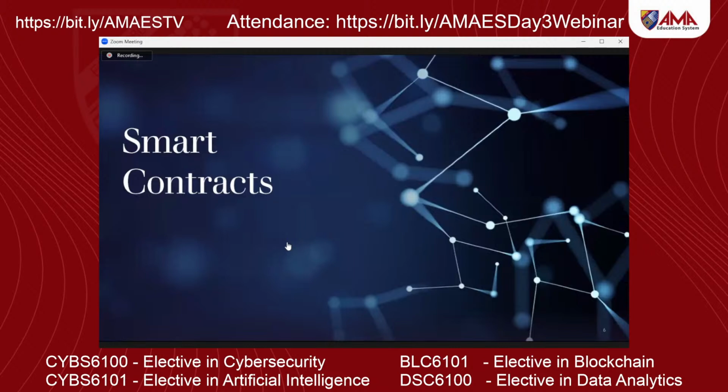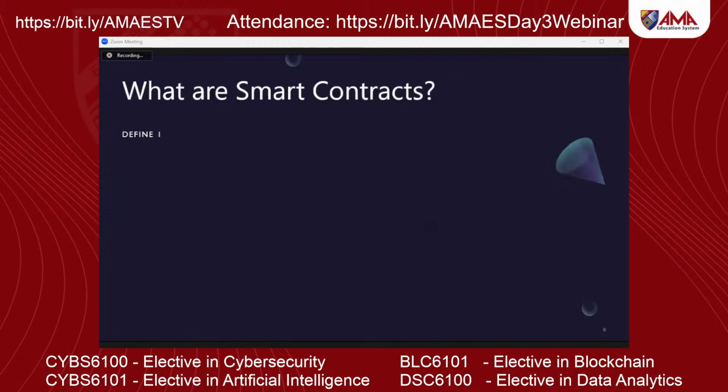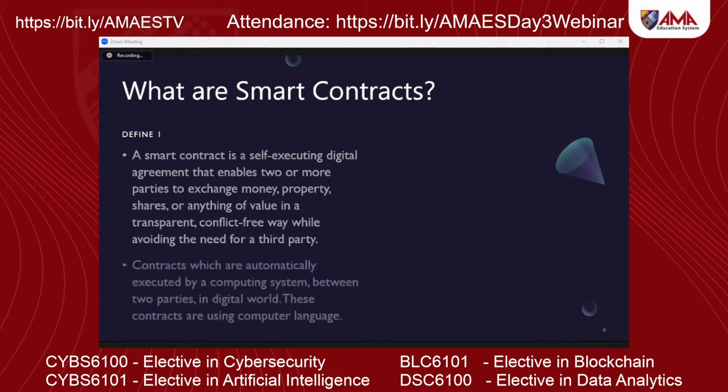Okay? So smart contracts. So what are the smart contracts? Okay, definition 1. Smart contracts, self-executing digital agreement that enables two or more parties to exchange money, property, shares, or anything of value in a transparent, conflict-free way while avoiding the need for a third party. Okay? Then contracts which are automatically executed by computing system between two parties in digital world. These contracts use computer